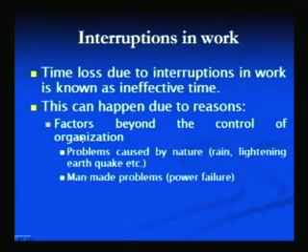the factors which can be controlled by the organization, but are not controlled due to the lack of action, or the factors which are beyond the control of the organization itself. So, some extra things may happen during the production process itself, because of which it may take somewhat longer to produce the job, and in that period there may not be any work. So, the factors which lead to ineffective time and are beyond the control of the organization can be problems caused by nature, like rains, lightning or earthquake. If these things affect the operation, then the operation will be stopped, and that will cause unnecessary ineffective time. And man-made problems like availability of the